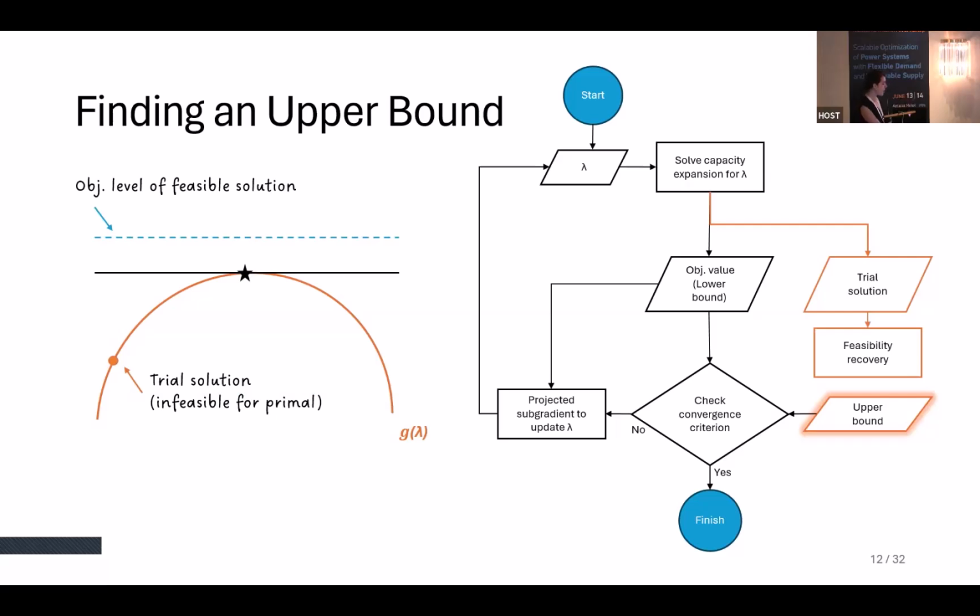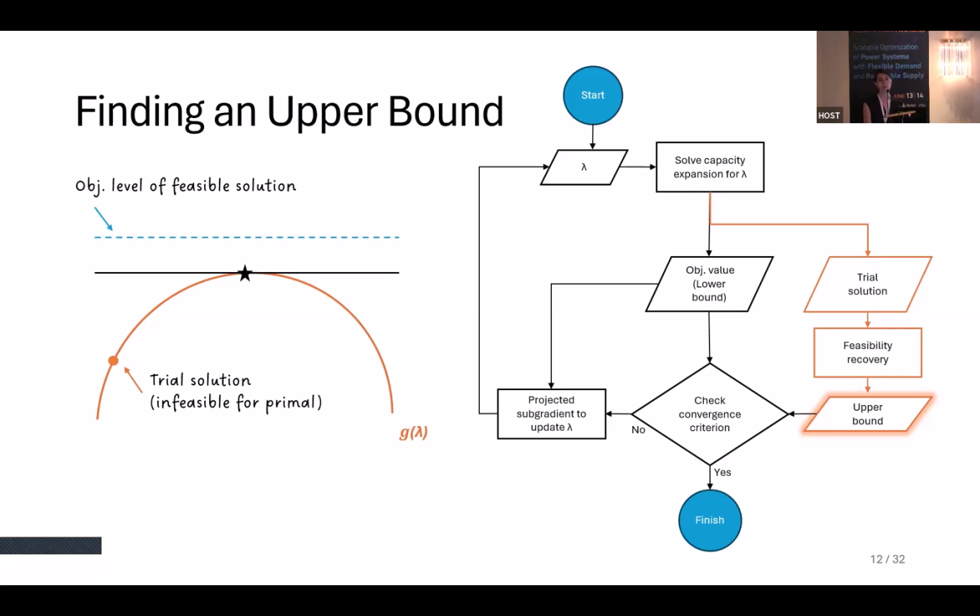So if we had a process to recover feasibility, what would happen then? We know that the objective value of every feasible solution is an upper bound to our problem, right? And maybe the closer we are to the star, the less feasibility recovery is required, so our upper bound would be getting further down and would be a better estimation. So, okay, if we are able to recover feasibility, then we have an acceptable upper bound.